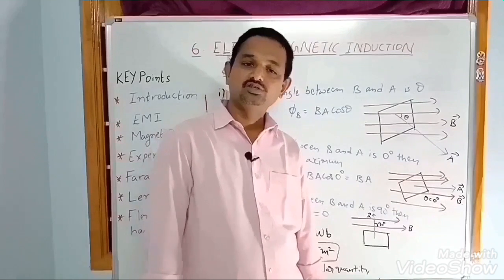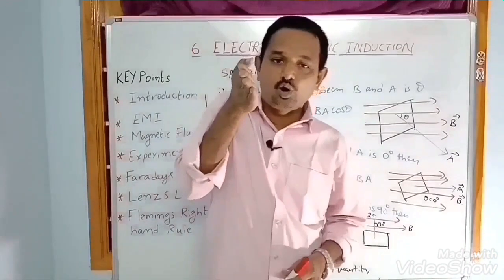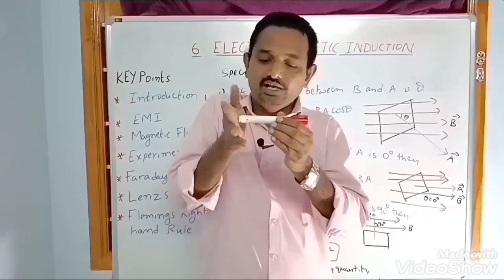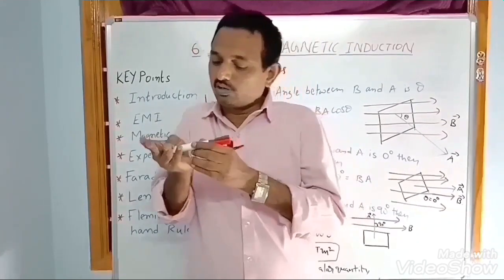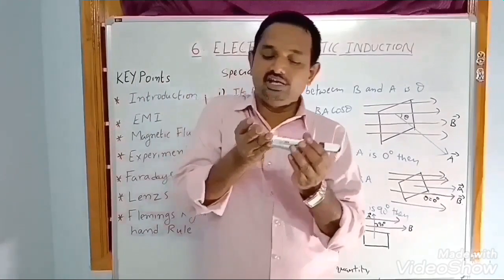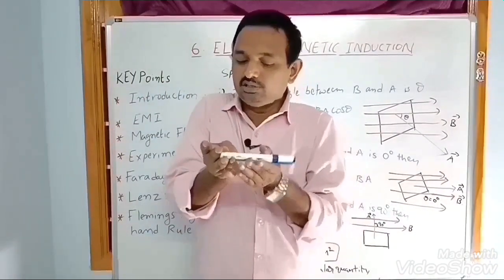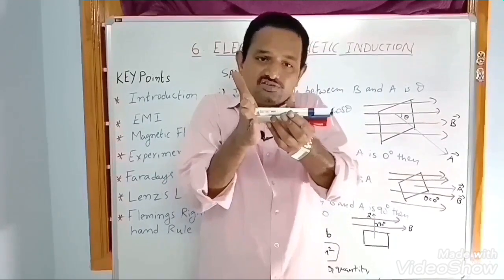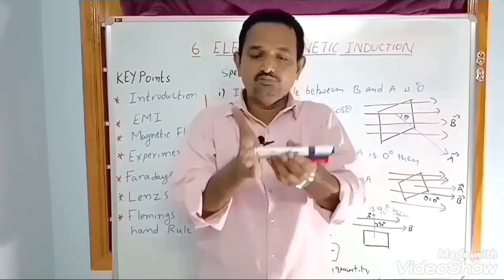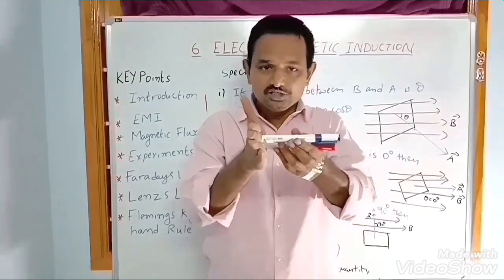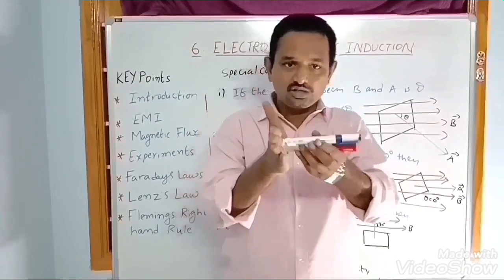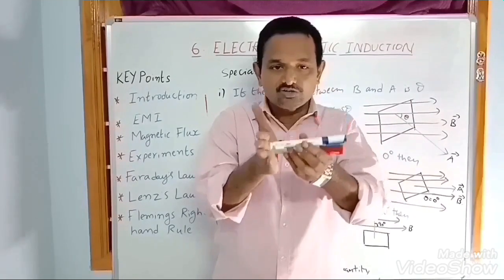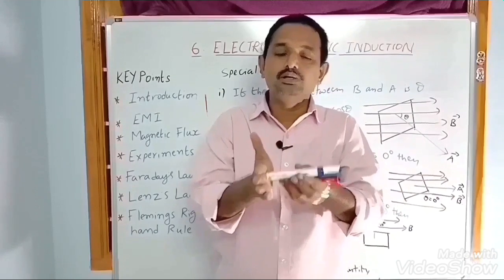How 0 degrees? Look here. Suppose it is a coil, and it is a magnetic field. And if I take one more vector, that is the area vector, see, both are acting in the same direction. Then what is the angle between them here? 0 degrees. So here the maximum number of magnetic field lines will pass through that coil. So flux will be maximum.